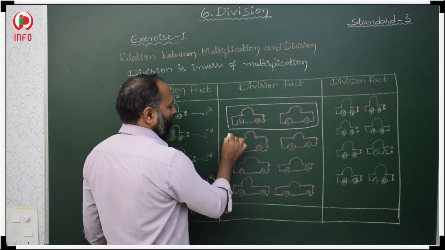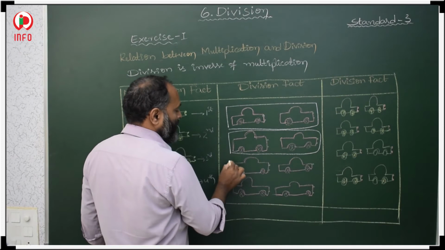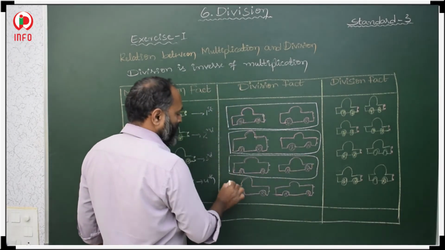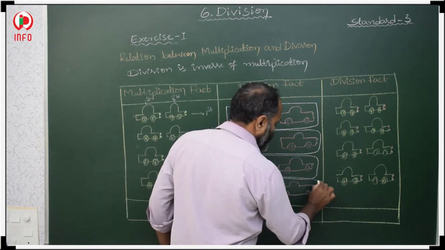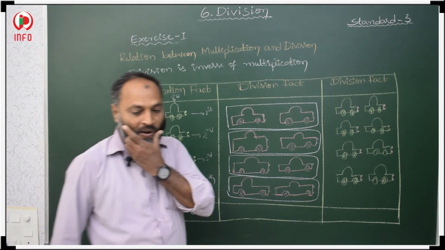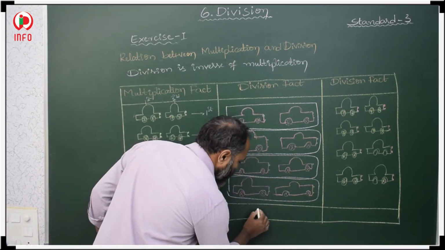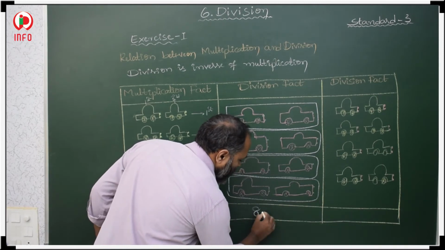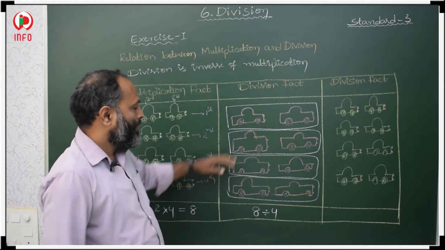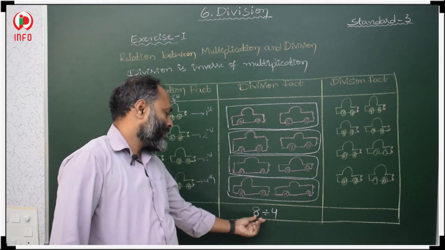so these 2 cars in another group, these 2 cars in another group, if these cars in another group, then total how many groups we have? Total 4 groups. So how many cars we have? Total 8 cars. If 8 cars divide into 4 groups,